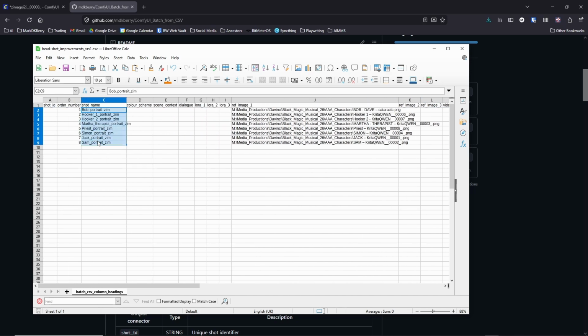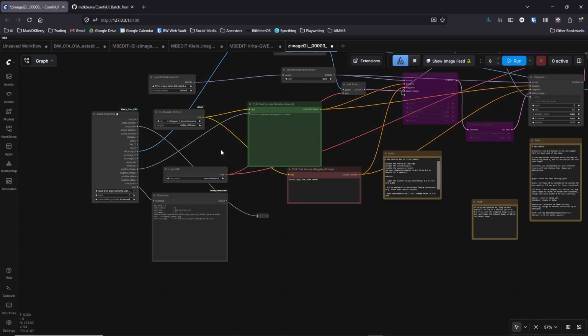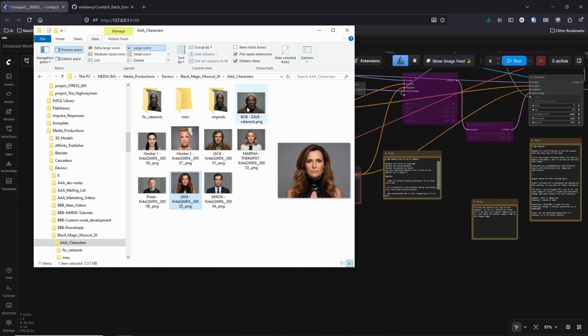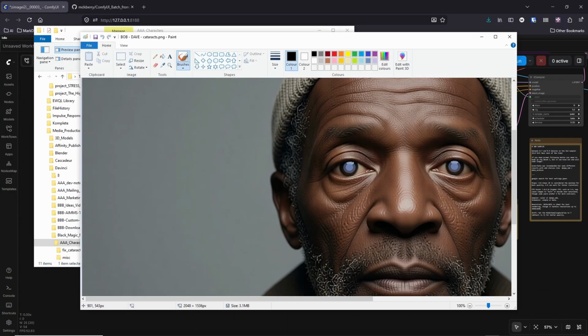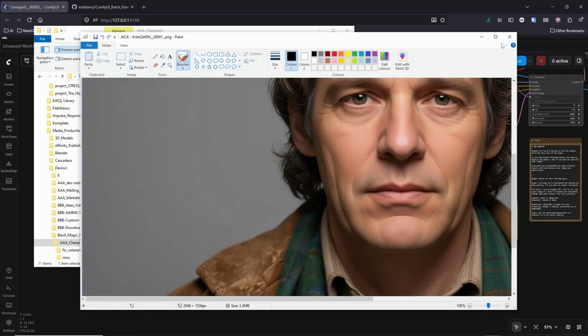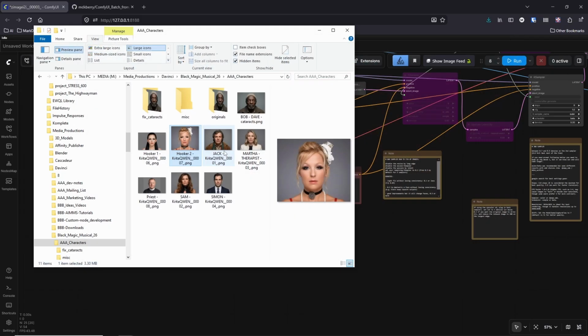So just put in the shot name, which is basically whatever you want the file name output to be. What I'm going to use it for here, as an example, is I want to fix up these faces. So I've got these people that have a really plasticky face. I just made them quickly with Qwen Edit 2511. And it's pretty good. I've made them out of other images and they're really plasticky, and that's pretty standard when you're getting it out of